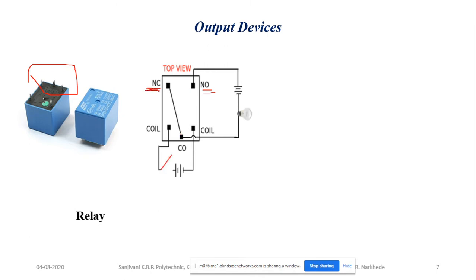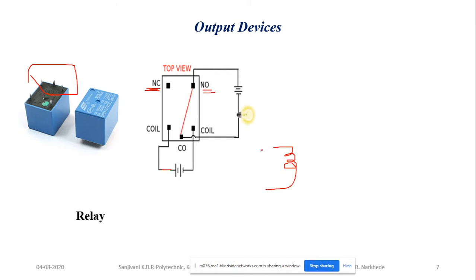In terms of PLC, these are called XIC and XIO: examine if closed and examine if open. That we are going to discuss in chapter number 2. Now here, how to make the connection of your relay. Inside the relay there is a coil. Such a type of coil is there inside the relay. To this coil I am giving the supply.